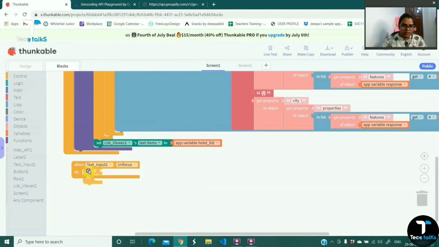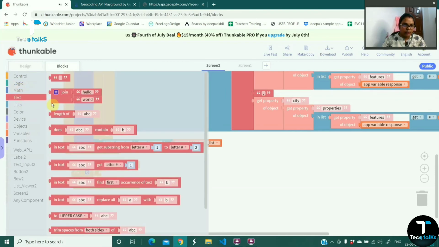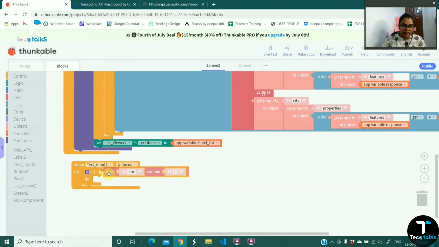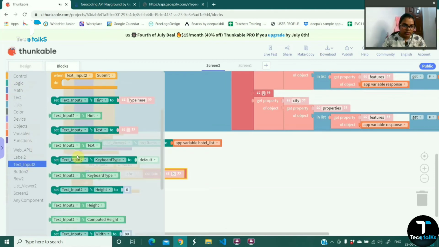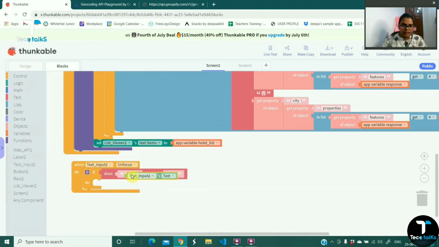I'm just getting this if condition and going to text, and I'm using this command is text contains, then going to the text input once again and giving that text over here, and an empty text on the right side over here. So when there is no text and it is unfocused, we want to set the list viewer as empty once again. So I'm just going to the list viewer and setting the list viewer text items to an empty list.